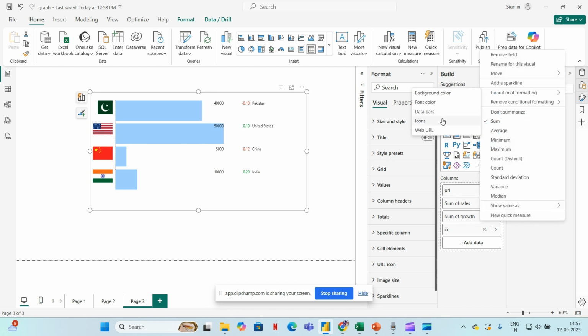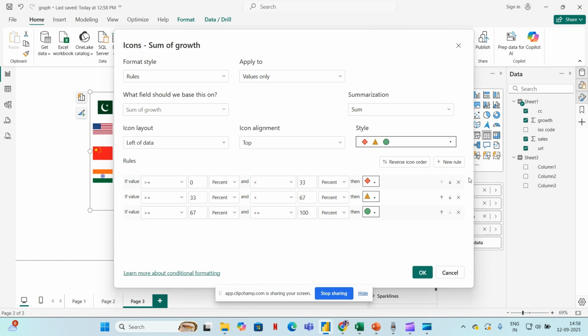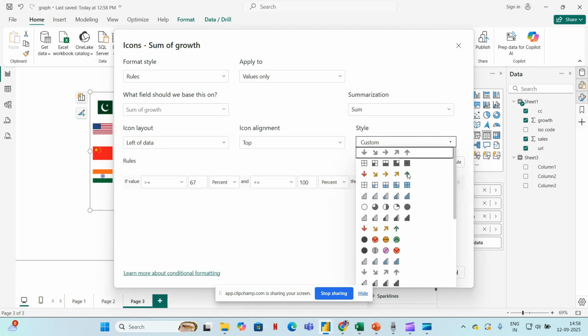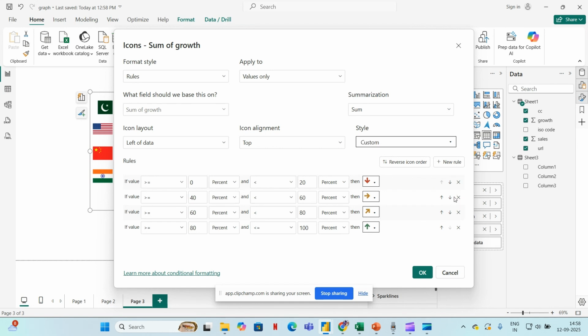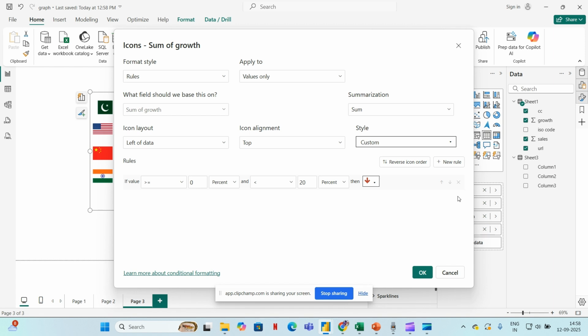Just select the icon over here. Let me remove all the rules that are set over here and just reselect this one, growth. Okay, this icon. Then remove, we just need the green and red ones. Okay, for the red one, we just repeat the task: if the value is greater than minus 100, then